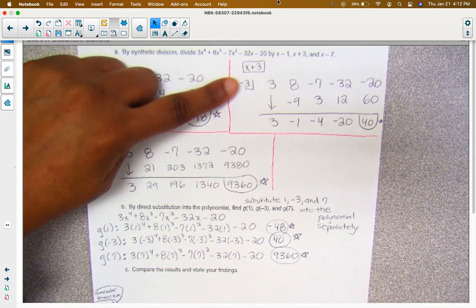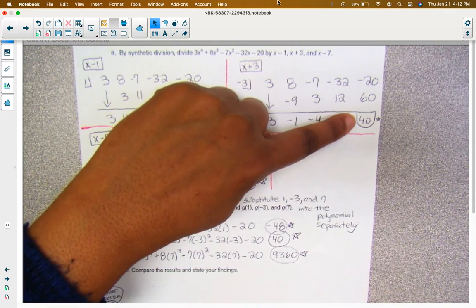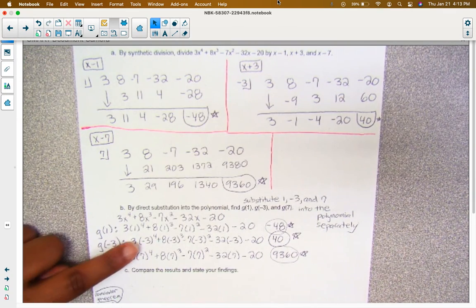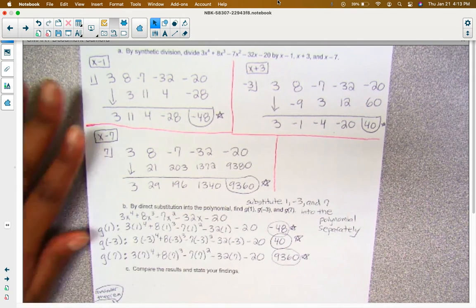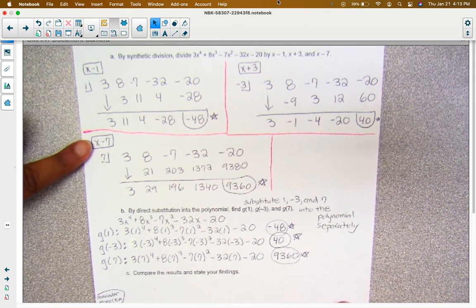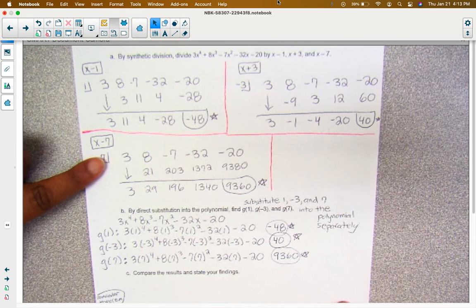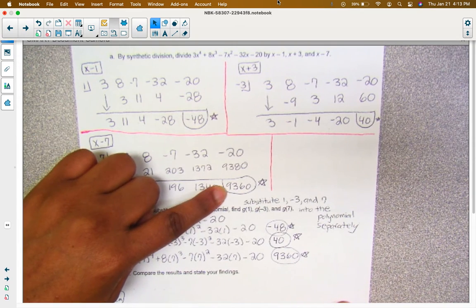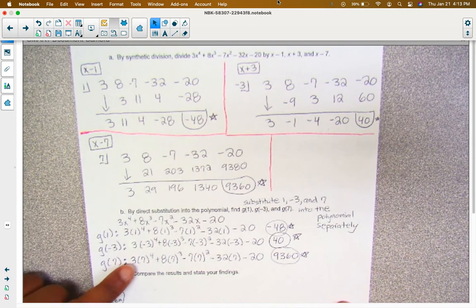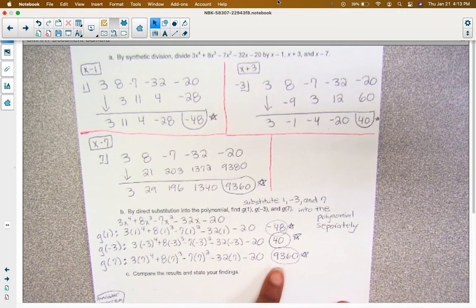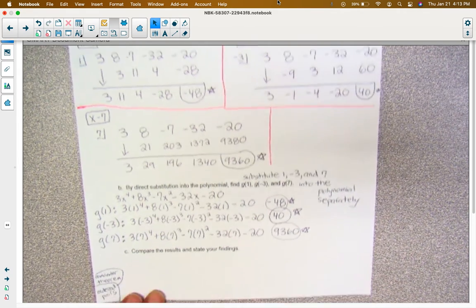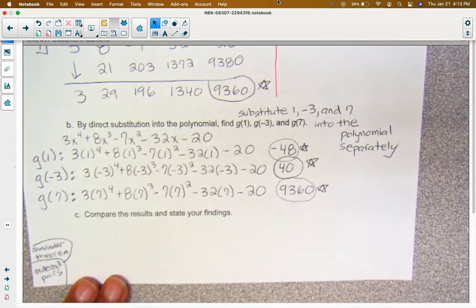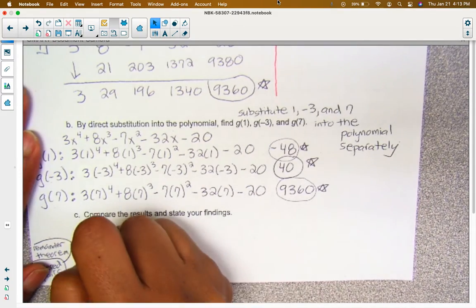X plus 3, negative 3 goes in the box. I got 40 as the remainder. When I plugged in negative 3, I got 40. Last time, just in case you don't see it, x minus 7, 7 goes in the box. I did synthetic division, I got 9,360. I did direct substitution, plugged in 7, I got 9,360. So our findings that we should definitely see is that you'll get the same